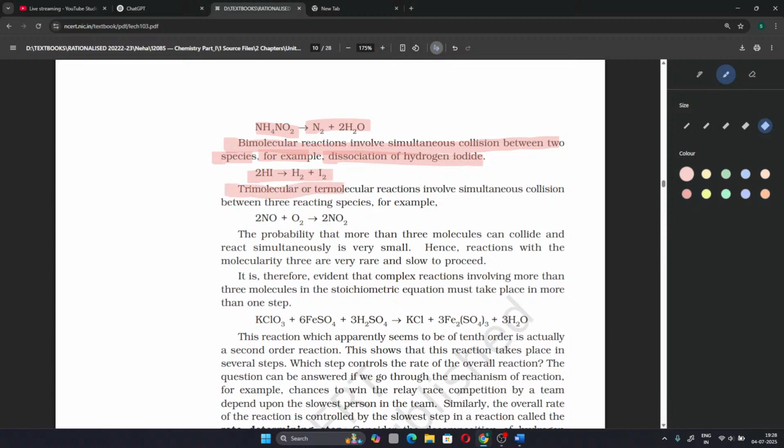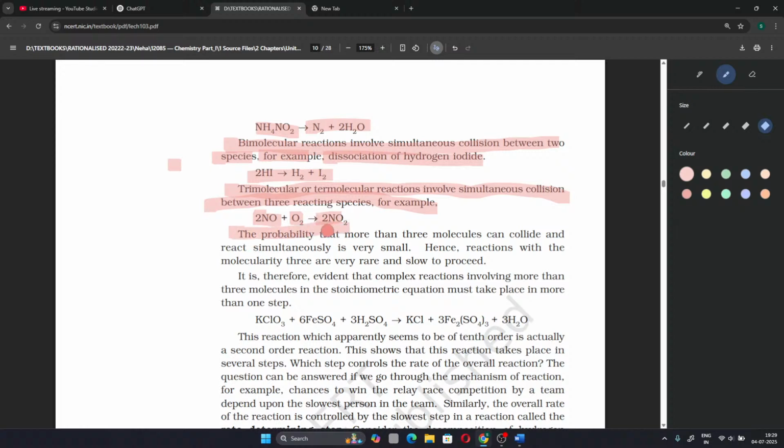Trimolecular or termolecular reactions involve simultaneous collision between 3 reacting species. For example, 2 NO and 1 oxygen molecule. This is not a tetramolecular reaction because O2 is a single molecule and there are 2 molecules of nitrogen monoxide. In this case, 3